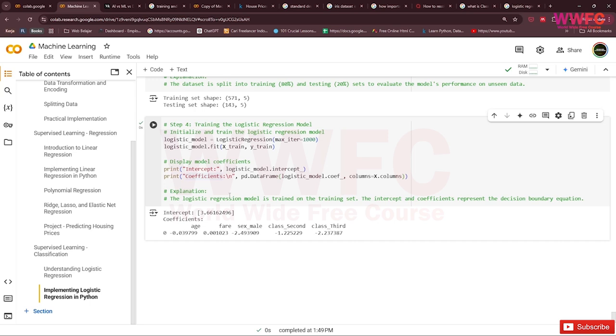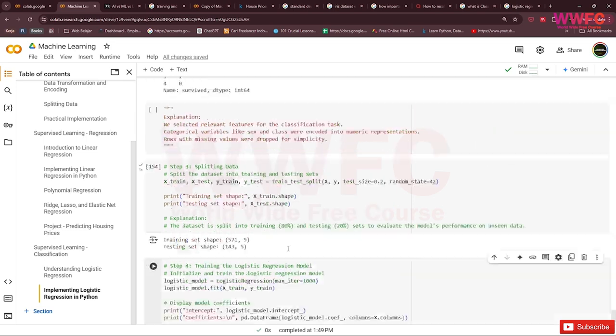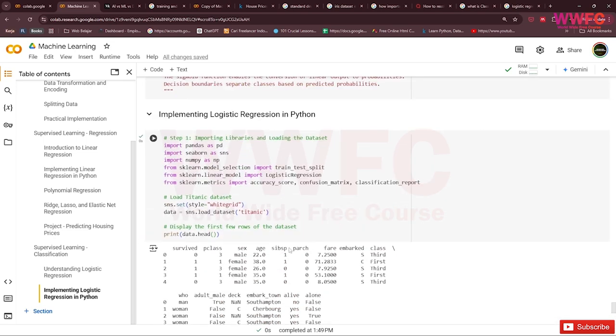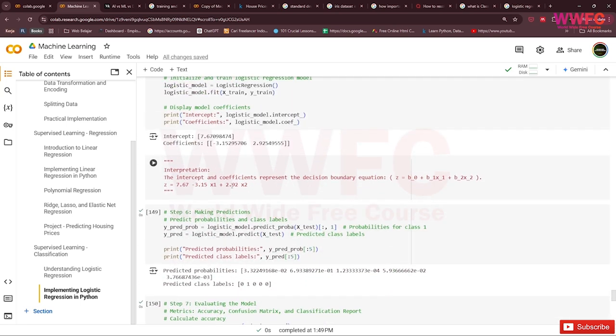So the logistic regression model is trained on the training set. The intercept and coefficients represent the decision boundary equation. So it has an equation like our example earlier, the same concept.